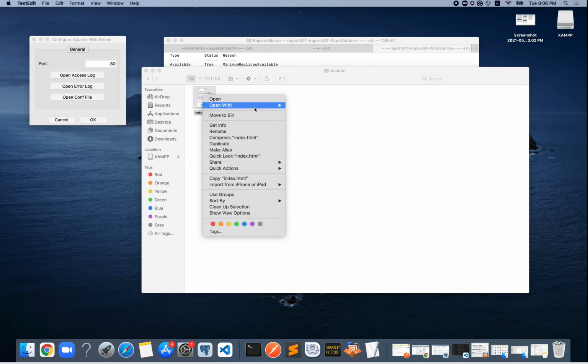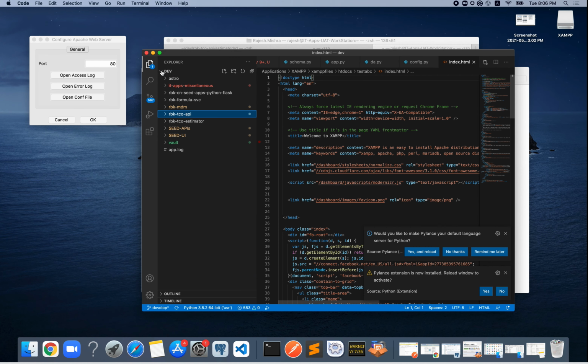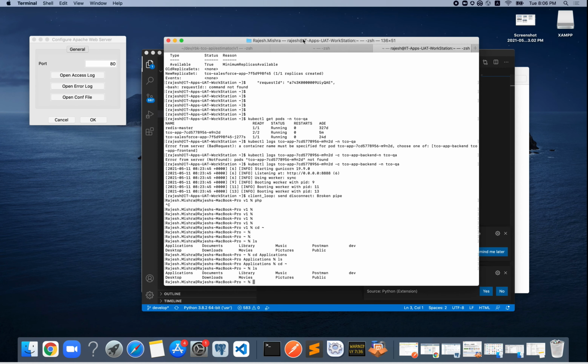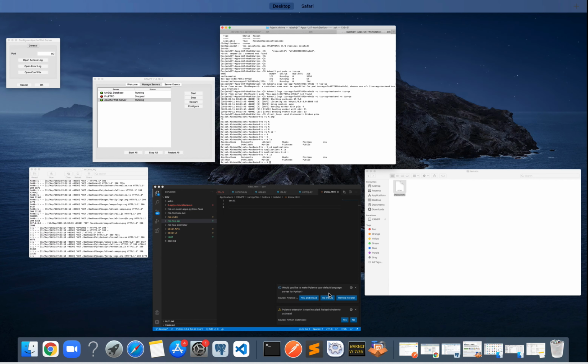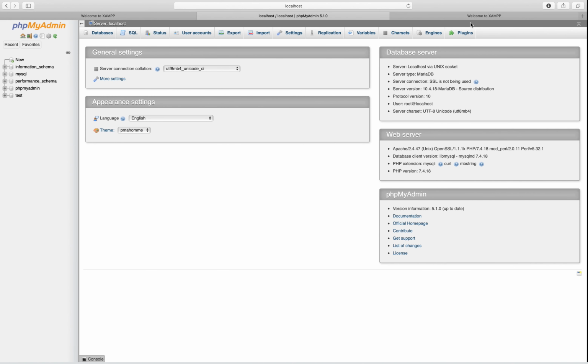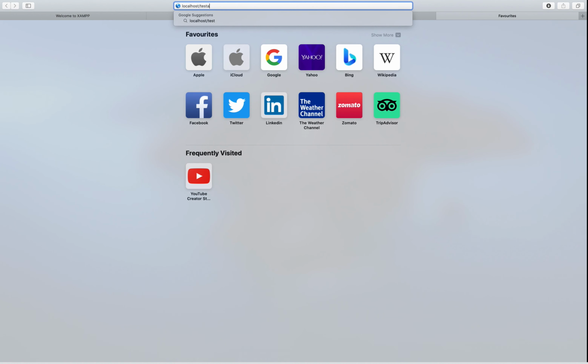Let me open it in Visual Studio itself, and put some dummy text, testing. Save it, and let's go to the browser and check it. Localhost/test abc, enter. Test time. Now you can see we are able to access the new file.